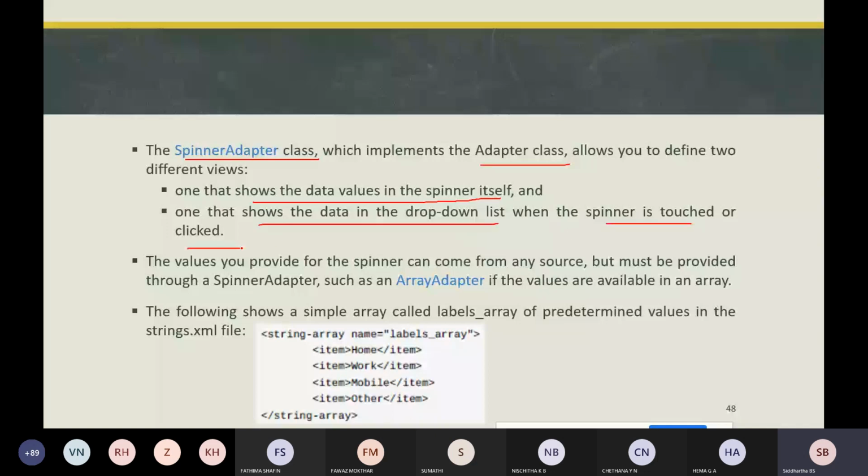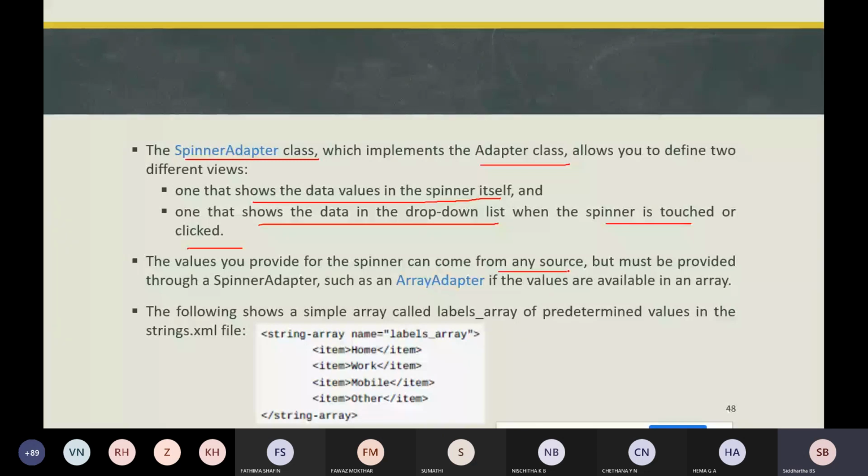So if you use the spinner adapter class, it defines two views: one showing the data values in the spinner itself, without touching, and the other is the drop down list, which is shown when we touch or click on that particular spinner. The values provided for the spinner can come from any source.